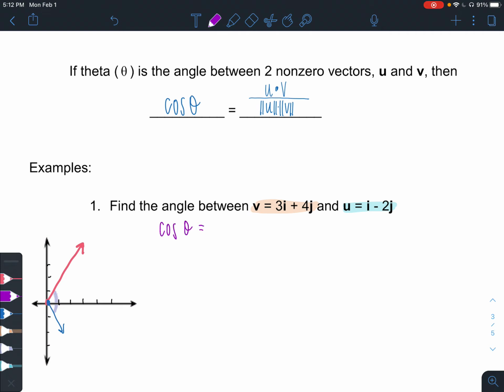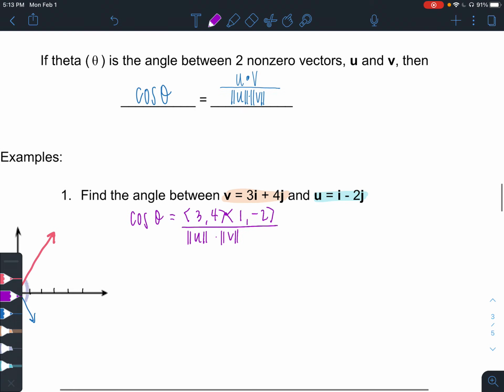So we've got cosine of theta is equal to u dot v, so 3, 4 dot 1, negative 2, and that is all over the magnitude of u times the magnitude of v. So let's go ahead and find our magnitudes over here. So magnitude of u is going to be equal to